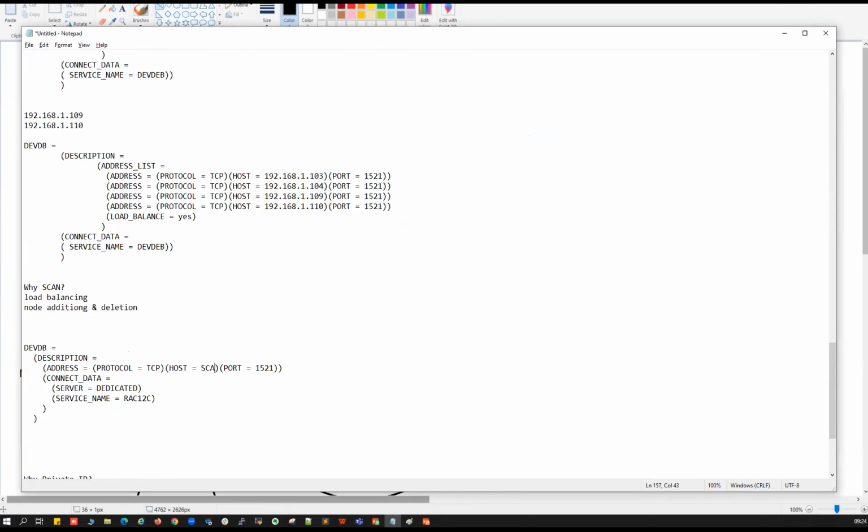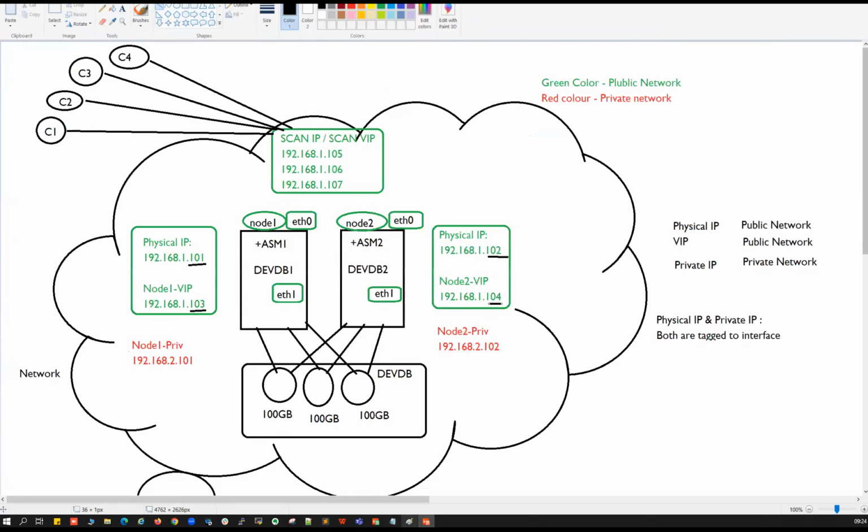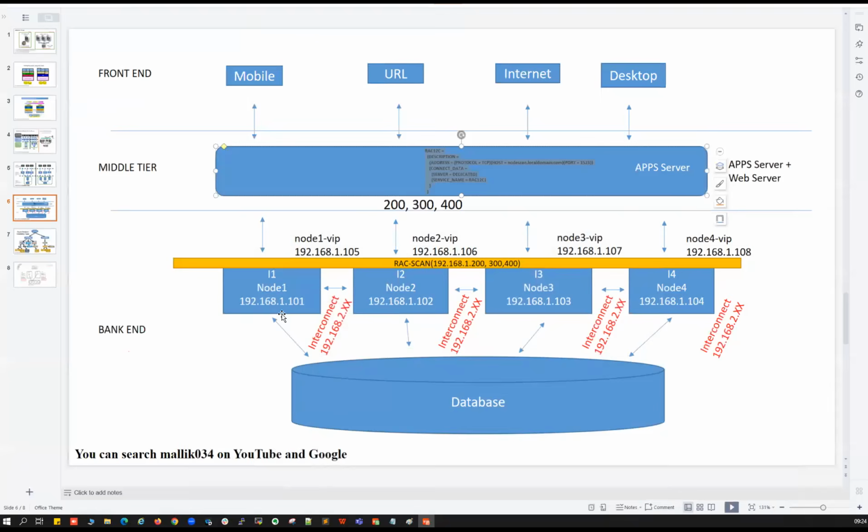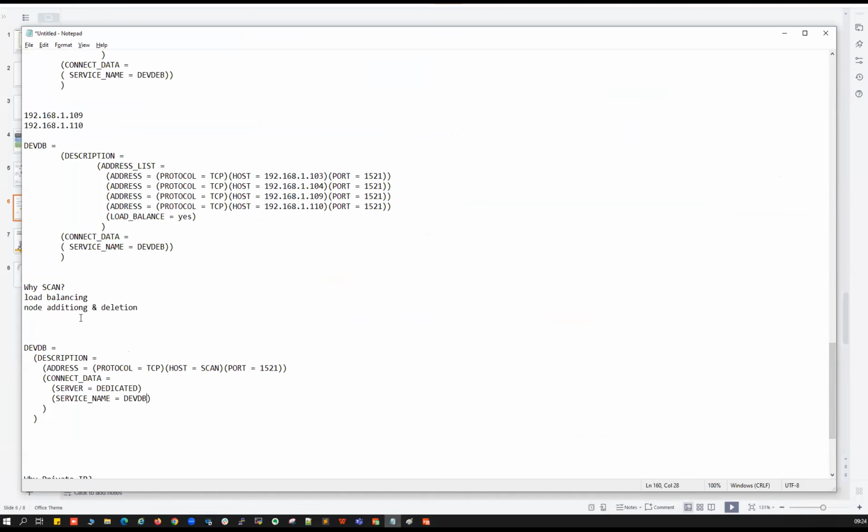I no need to give node 1 or node 2 or node 3 or node 4. I just give a SCAN name here and my DB name. Automatically SCAN will route the connection, whether to go to node 1 or node 2. SCAN will reroute all the connections to node 1 or node 2 or node 3 or node 4 based upon an intelligent mechanism. So by using the SCAN, which came in your 11G Release 2,